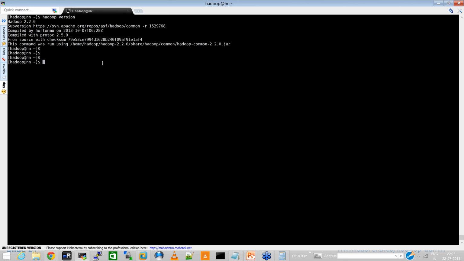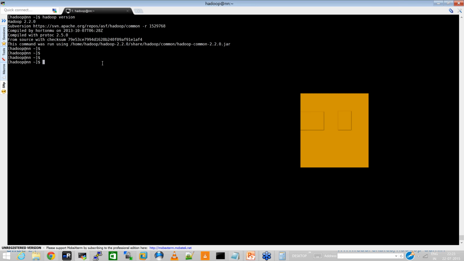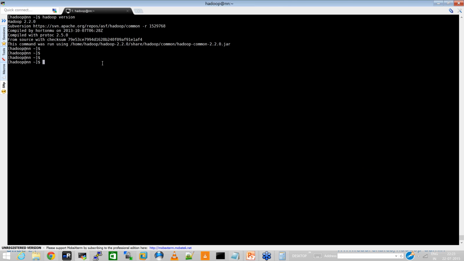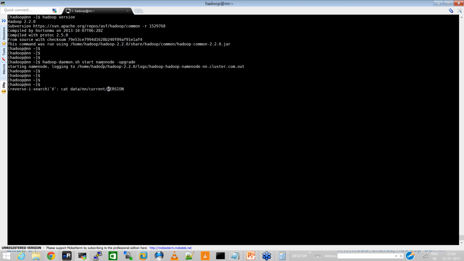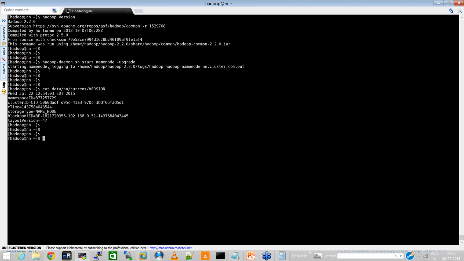But this does not mean that Hadoop is really upgraded. Okay, so to upgrade the Hadoop cluster, you basically need to run the command hadoop-daemon.sh start namenode -upgrade. So as soon as you run this command, it's going to actually upgrade the Hadoop cluster, and you can actually identify the same thing from the file called VERSION. So if you see, currently the version has now gone from -41 to -47, and to show you how this actually happens,